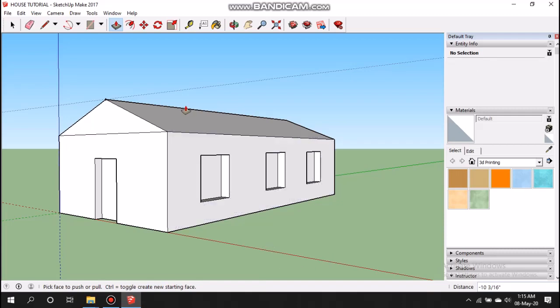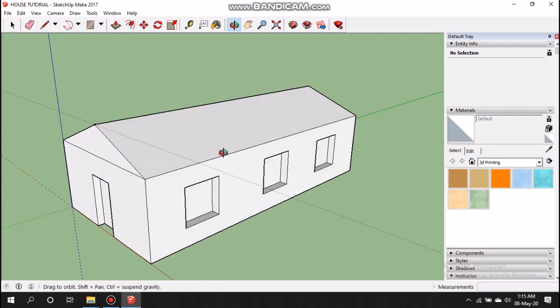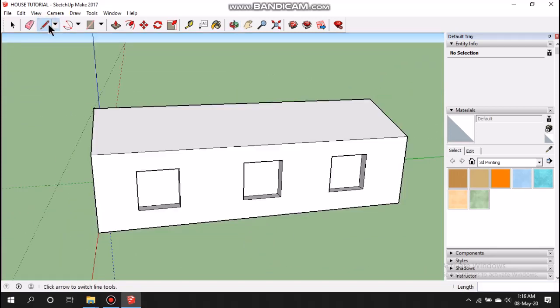Now draw the chimney. For the chimney, we use the line tool. Choose the line tool and draw the vertical line over there, and a horizontal line parallel to the roof.